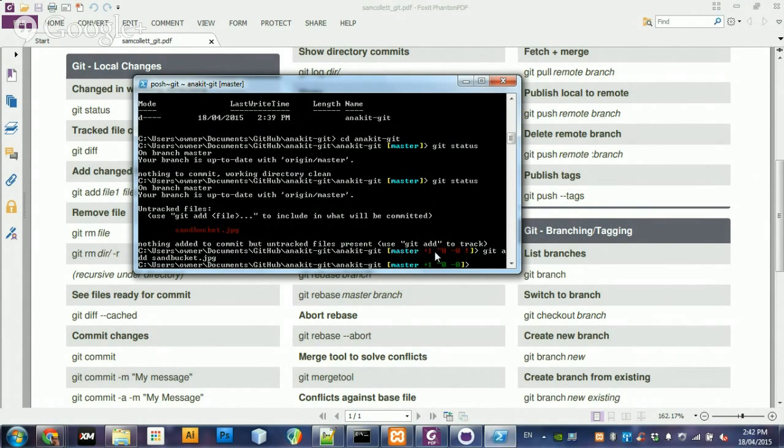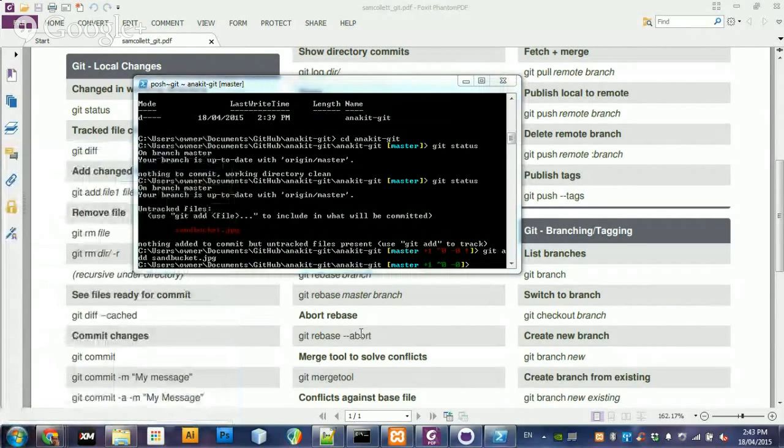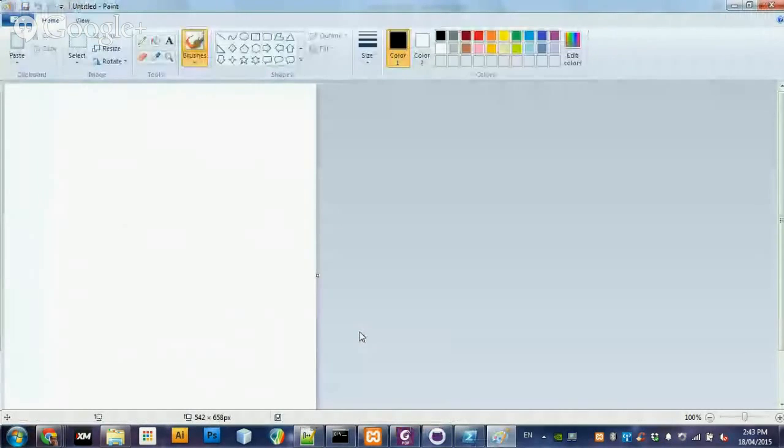There. Now the red line has turned green. That means it's already added to the stage. Now when I say stage, there are actually three areas here. One is the unstaged area, the other is the staging area, and the last one is the repo. There are three areas that you need to look at. If I were to draw a picture to make it easier to understand,